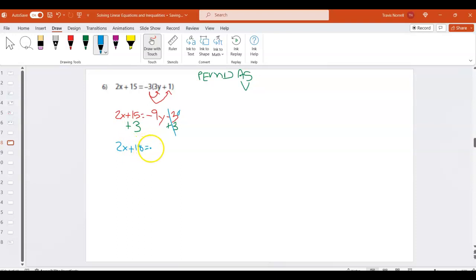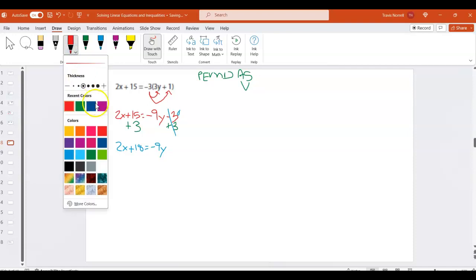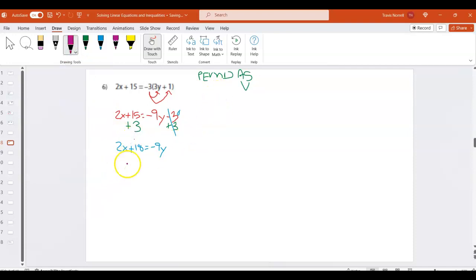is equal to -9y. Now I'm dealing with -9 times y, that's multiplication, in which the opposite is division. So the opposite of multiplying by -9 is to divide by -9. And I have to do that to both sides. So 2x divided by -9,